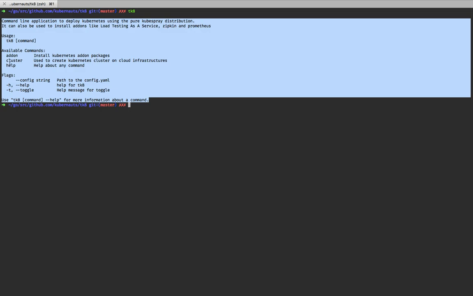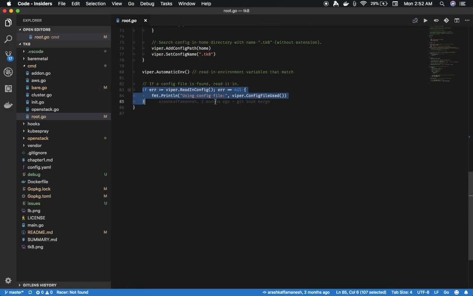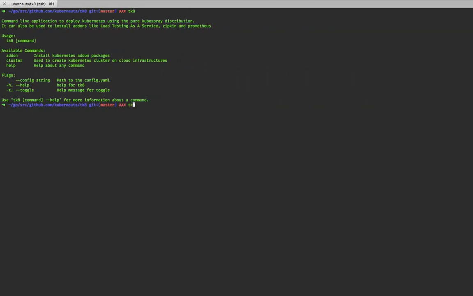As you can see, there are 3 commands available. The moment we start to use any of these commands, other files that we have in the cmd folder come into action. For example, if we do cluster init,